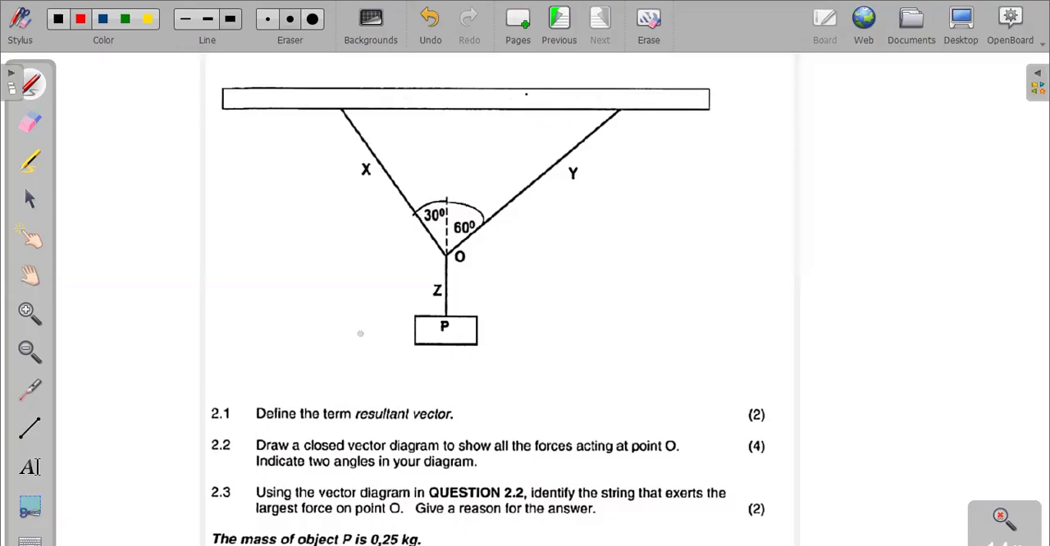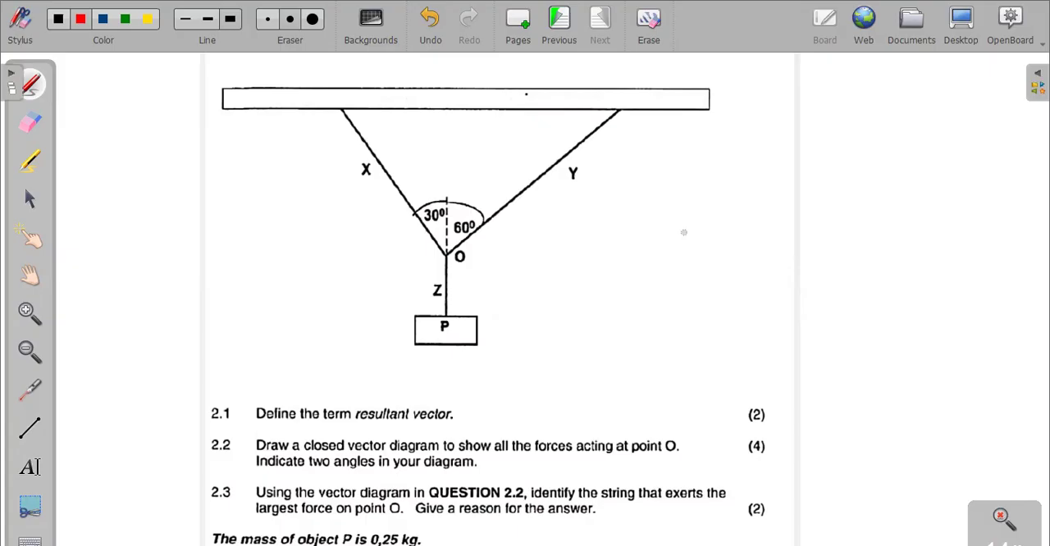Draw a closed vector diagram to show all the forces acting at point O. Indicate the 2 angles in your diagram. Right, so I want to use this question to explain how do we draw a vector diagram. And as a matter of fact, a closed vector diagram is